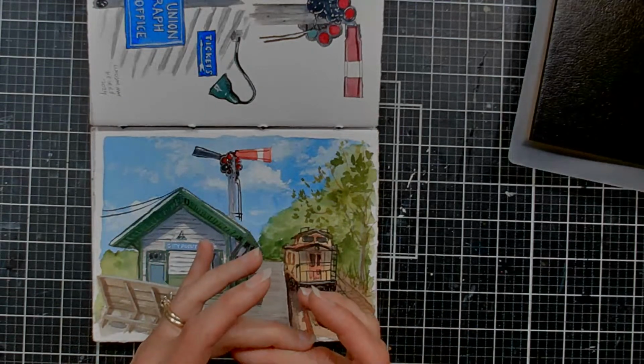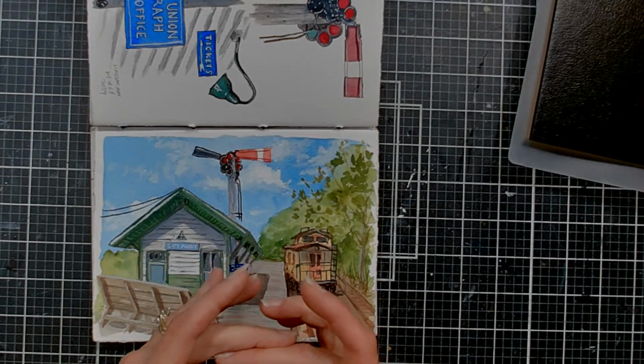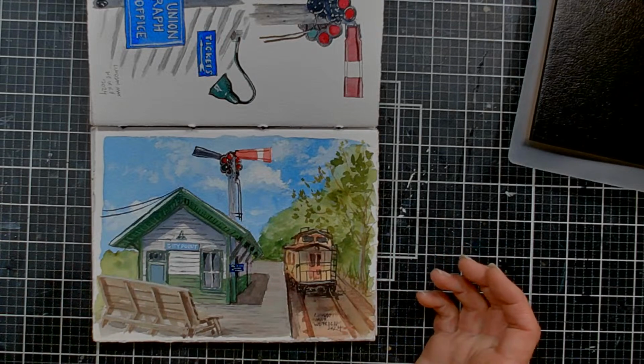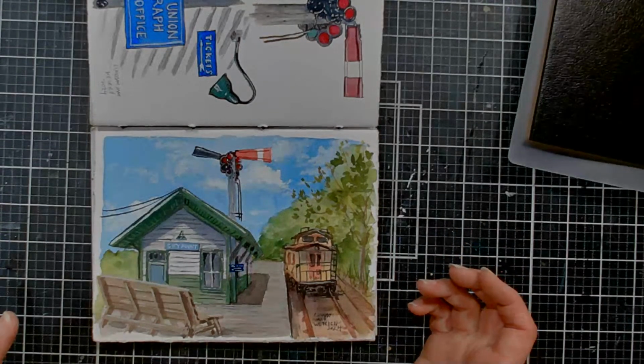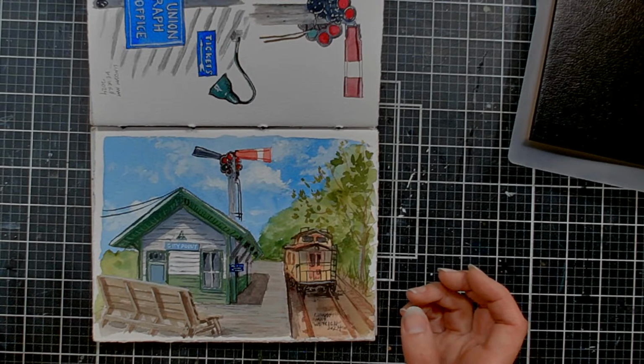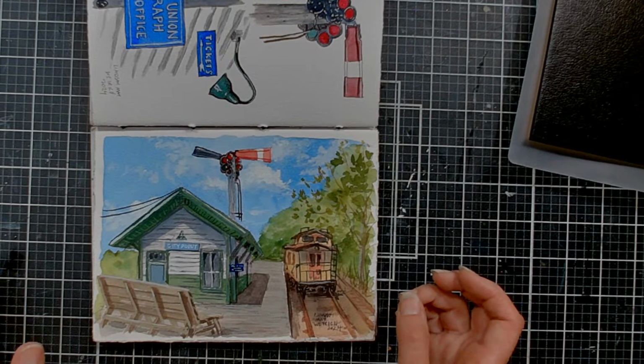And I brought my little gouache palette that I made out of a little nicotine mint tin that I picked up on the side of the road. I did a video on that. It was perfect. It had Da Vinci gouache in it, and I was pretty hard on Da Vinci gouache when I reviewed them, but in use, I have to say, I really like Da Vinci gouache. I think I might have to do an apology video or something,